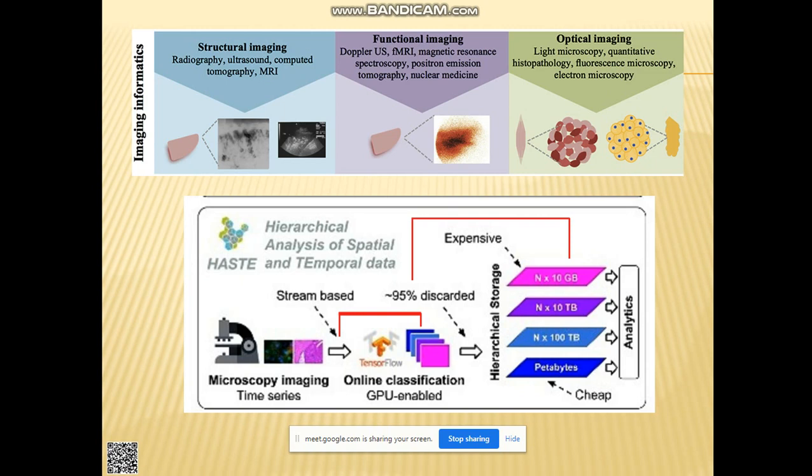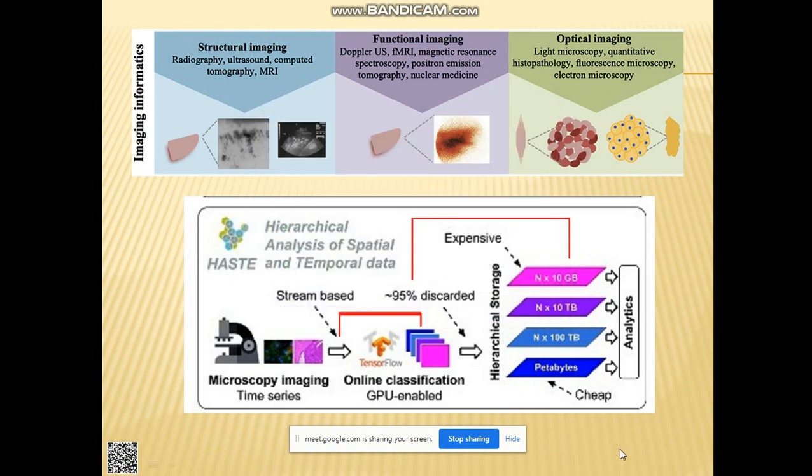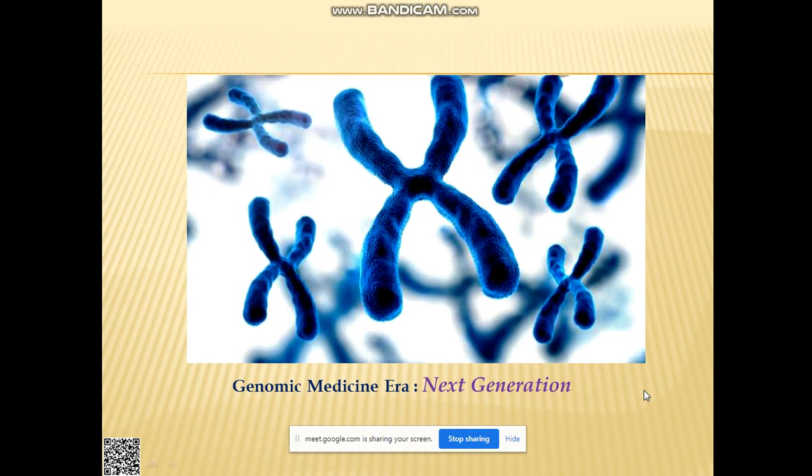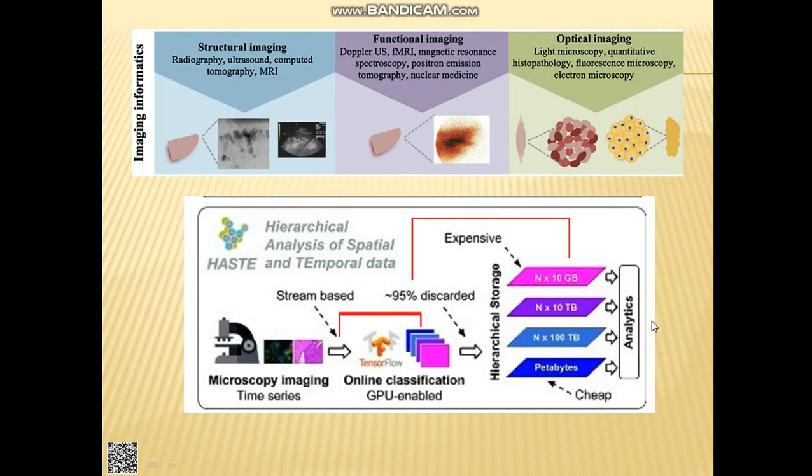So there are some developments in image informatics, where we were able to identify a particular kind of problem that may be seen under a microscope. A less skilled technician may not be able to identify them, but the machine itself can identify it.